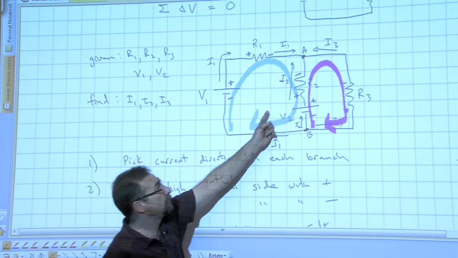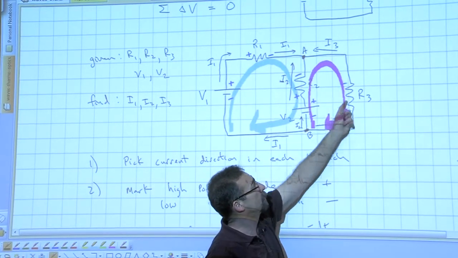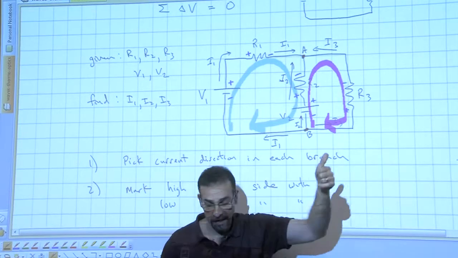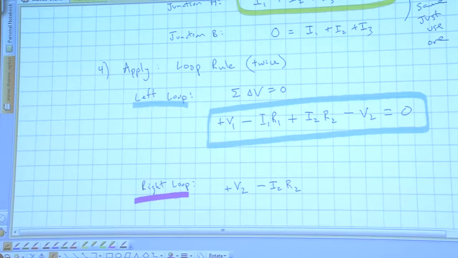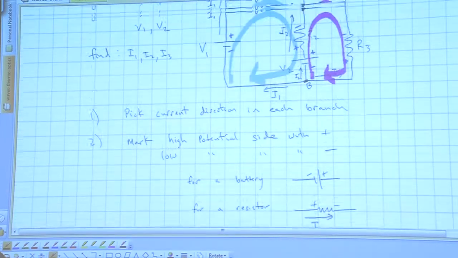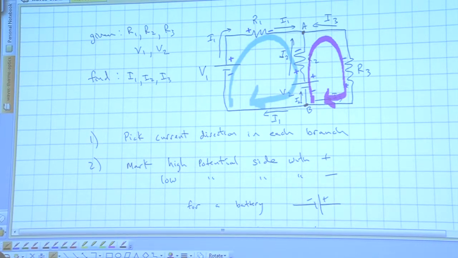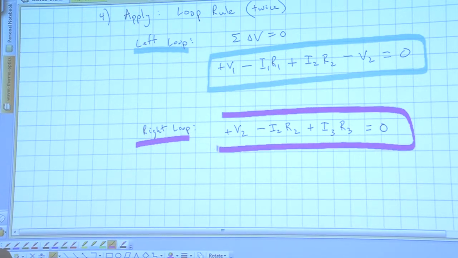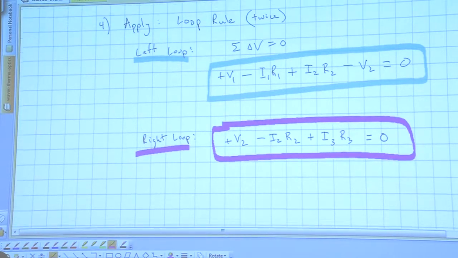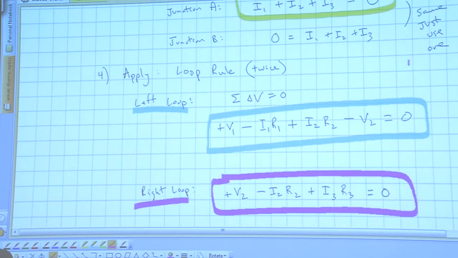And we keep going around, and we get to R3. We're going in the low side, coming out the high side. So that's a rise. Plus the current through that resistor times its resistance. And I think that puts us back to where we started. Yeah, there's nothing else. So those all have to add to 0, and that is equation 3. So we have 3 equations and 3 unknowns. We plug in everything we know. We know the R's, we know the V's,